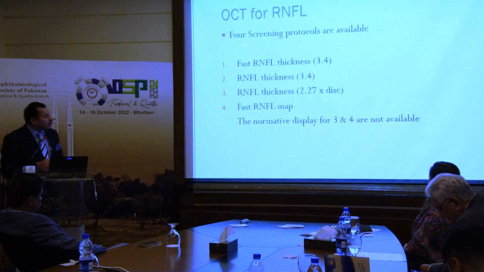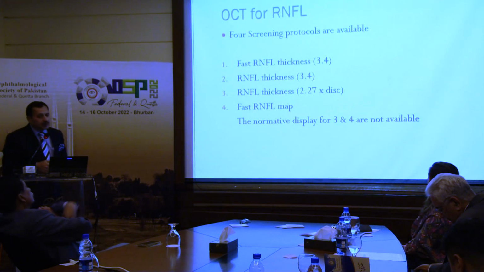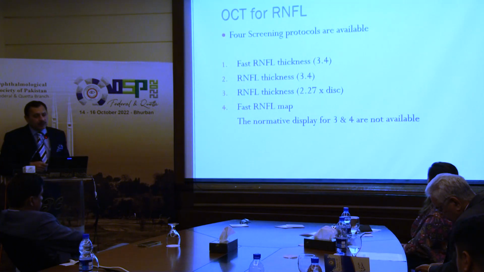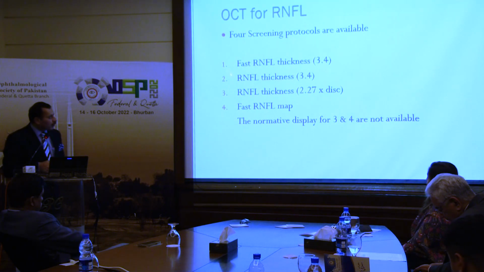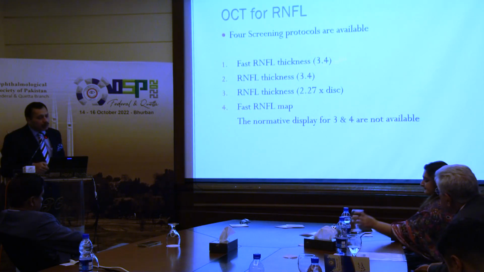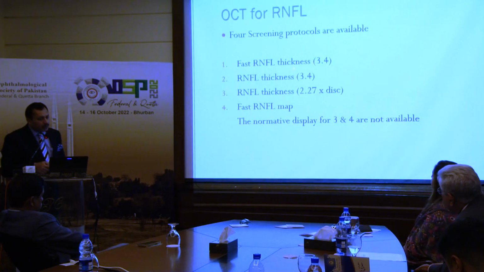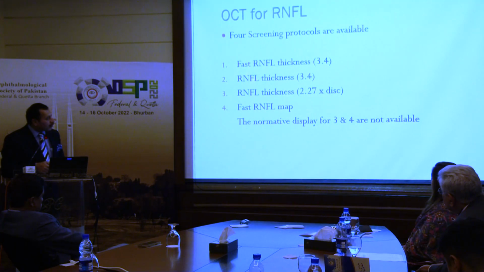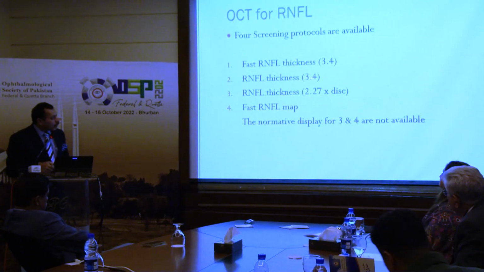फास्ट, इसमें 4 स्क्रीनिंग प्रोटोकॉल्स अवेलेबल हैं, जिस तरह विजुअल फील्ड की स्ट्रेटजीज़ हैं, 30-2, 24-2, 10-2, इस तरह इसके भी प्रोटोकॉल्स हैं। फास्ट RNFL थिकनेस 3.4 का मतलब है 3.4 मिलीमीटर अराउंड द ऑप्टिक डिस्क। RNFL फाइबर्स अराउंड द ऑप्टिक डिस्क 3.4 मिलीमीटर। RNFL थिकनेस, ये फास्ट है, ये सिंपल RNFL है, ये 3.4 है।